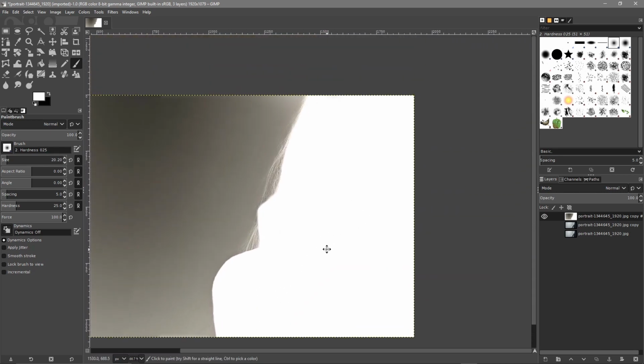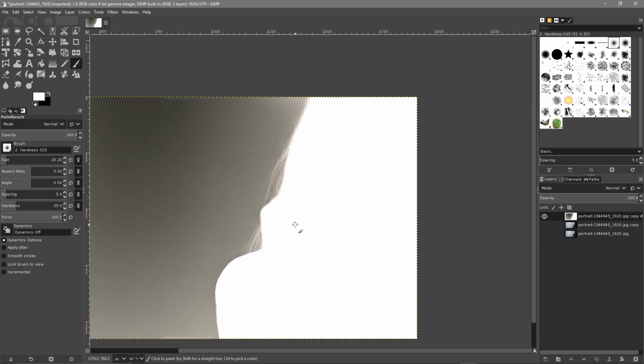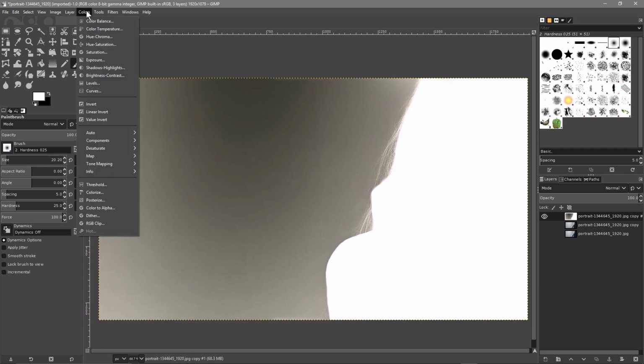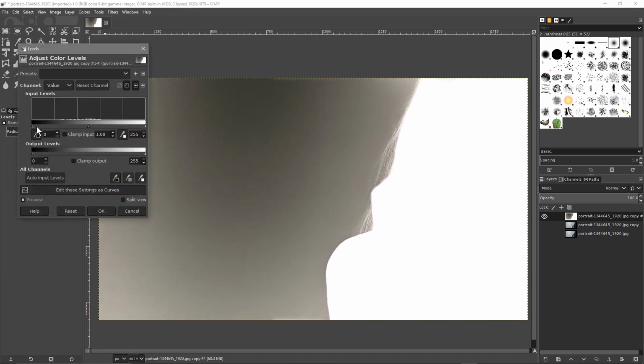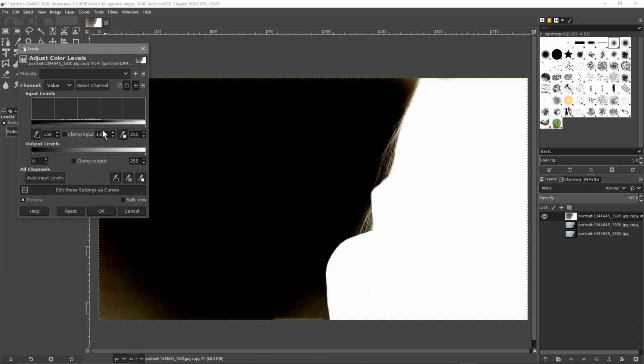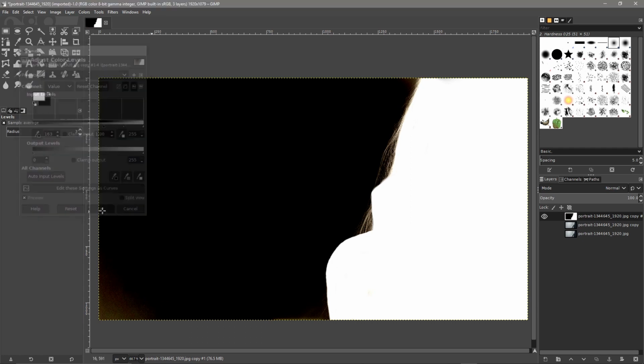So we'll end up with something like this. Everything white we're going to keep, and now we need to make this background black. So what we'll do is go to color and go to levels, and this time we'll drag from the left side something like this to about here. We don't want to go too far, or you're going to start taking away the picture and the detail. So you want to do something like this so you still maintain some of that detail, and click OK,